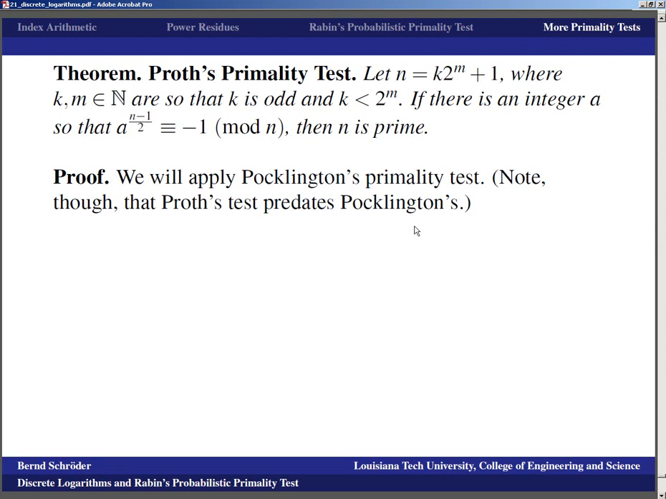So maybe he was American. I really don't know. Look it up on Google, maybe. Okay, so